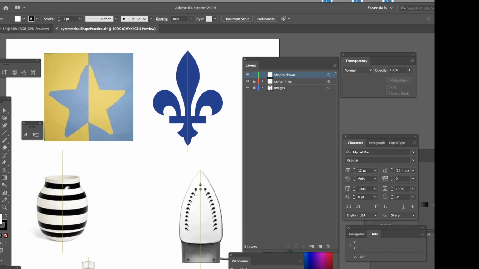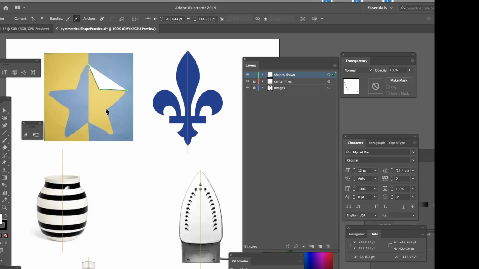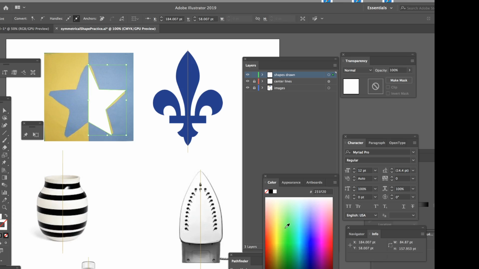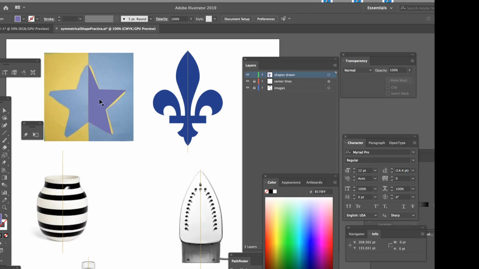and we're going to just use the reflect tool that's underneath the rotate tool. So first, with the pen tool, I'm not going to worry about following exactly that shape. I'm more interested in creating a complete shape. So I can, two things. I can complete this. I'm going to take away the stroke here and give it a color just so it pops out a little bit more. So this shape,